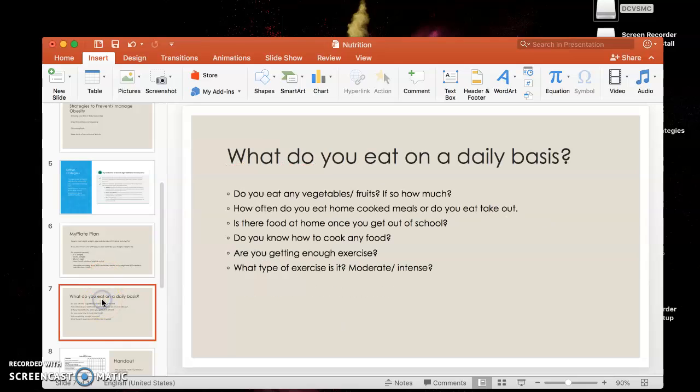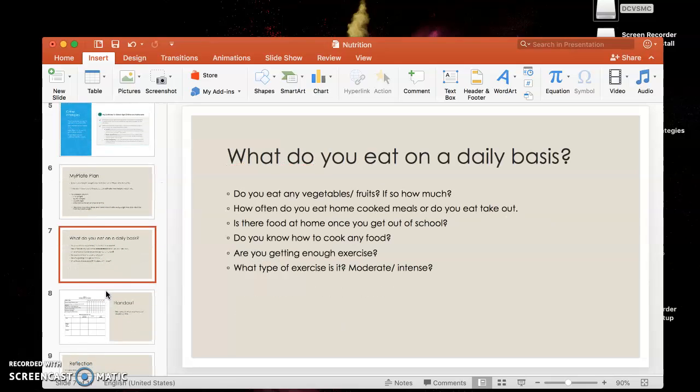And then moving on to a reflection, just making sure of where you're at. Remind yourself, what are you eating? Are you eating enough fruit? Are you eating enough vegetables? Do you make food at home, or are you eating takeout? Are you eating out? Do you get your food from school, or do you have enough money to make your own? All these factors, we get it.